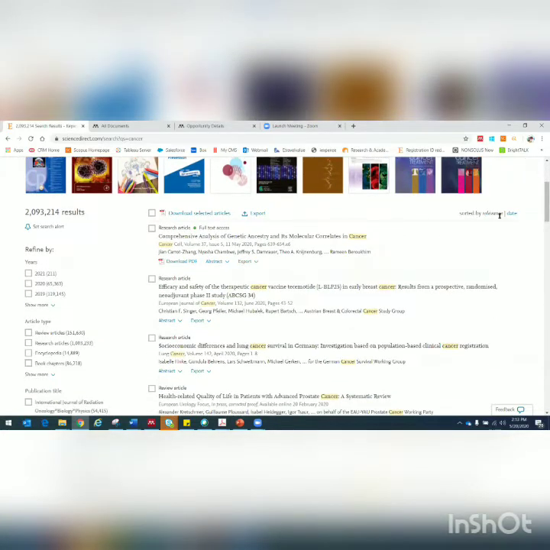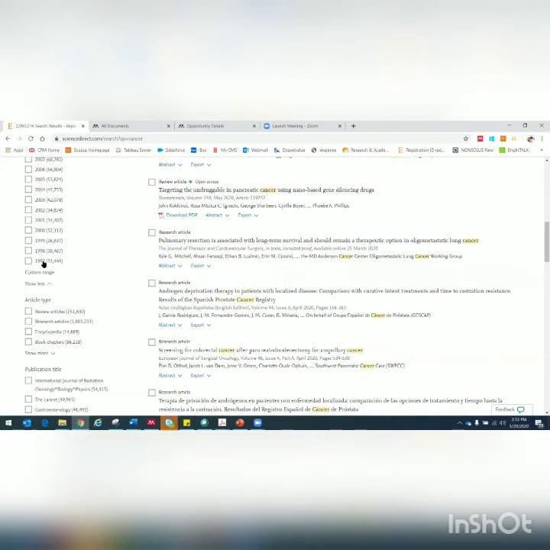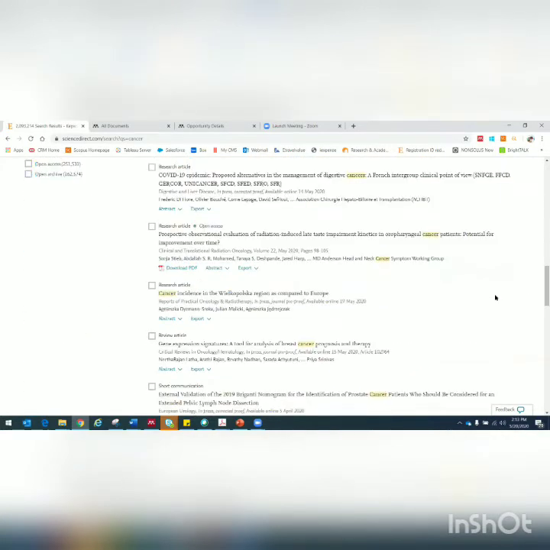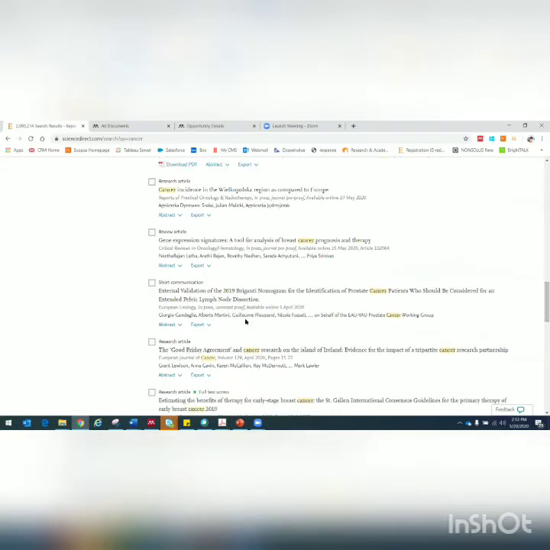So you can sort the articles on the basis of relevance and date. So if you need older articles, click on date and it will sort it accordingly, right? You can also use your filters on the left hand side, from where you can easily filter. If you need an article from 1997, you can click here. It will give you only those articles, right? Now there is so much information on this page. Now from this page, I wish to transfer 2 documents to Mendeley. How am I going to do that?